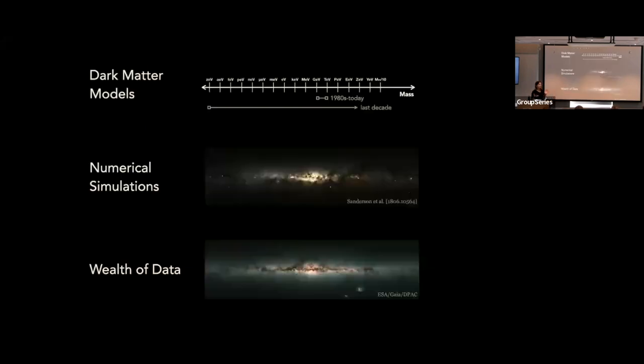Now, why is this an opportune time to be delving into this study? I think there are three key things that are coming together at this point in time. The first is a resurgence in model building going on in the particle physics community, a rethinking of the kinds of models for dark matter that are viable. While there were many decades spent thinking about dark matter models in this mass range here,